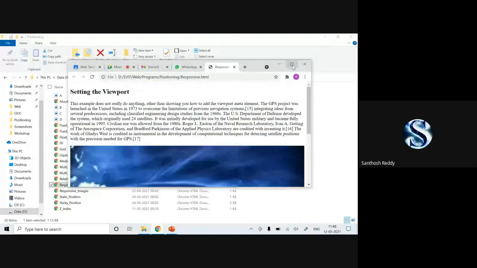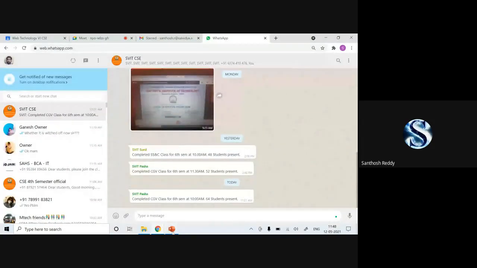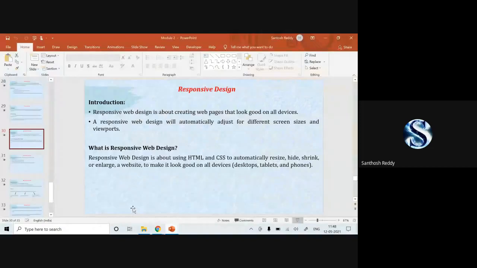If I maximize it completely, the width is also maximizing. This is what we call responsive. Using one single tag, we can make our data more responsive. Is it clear for everyone?